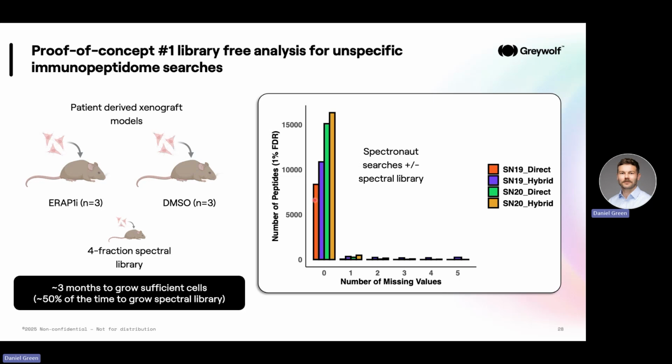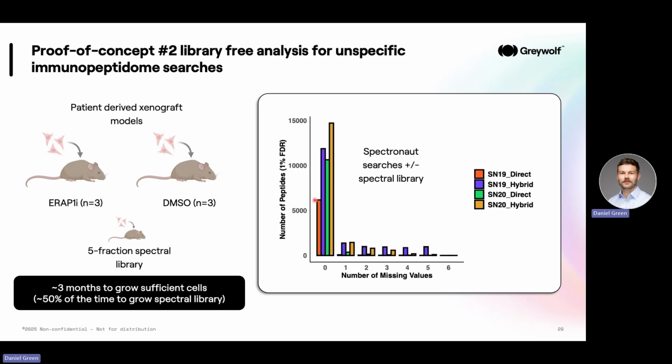And again, then there's a marginal increase with Spectronaut 20 when it's given the hybrid library as well. And just to show that again across another PDX study that we conducted, again, a very similar time to grow out these cells, approximately 50% of the experimental time just growing the spectral library. And again, you can see in this, if you focus on the orange bar here,